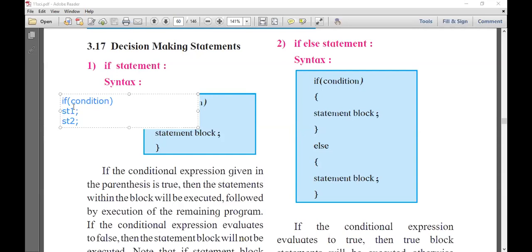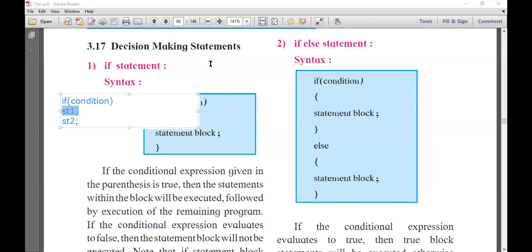Okay, this is the thing you have to always keep in mind, how if condition executes. If whatever condition inside evaluates to true, then statement 1 will execute.